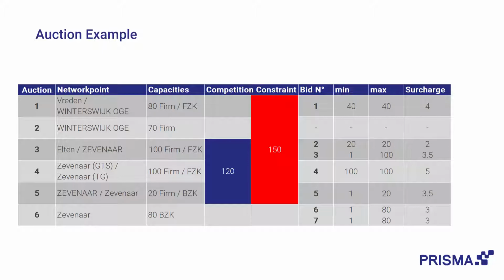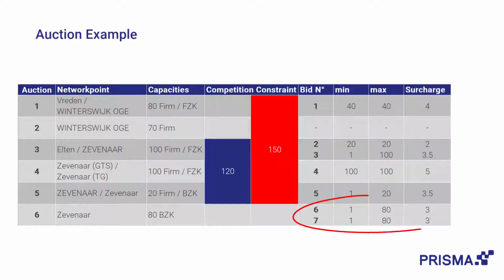The platform now assesses all auctions individually according to the uniform price algorithm. This means the shipper with the highest surcharge receives all their capacity, the second receives what remains, and so on. If there are multiple shippers bidding at the same surcharge, a pro rata allocation is used, but more to that later. In auctions 1, 4 and 5, the capacity is allocated to the only shippers that bid for it. In auction 3, only bid 3 is allocated capacity since they had the highest surcharge and used all available capacity. Bid 2 therefore receives nothing.